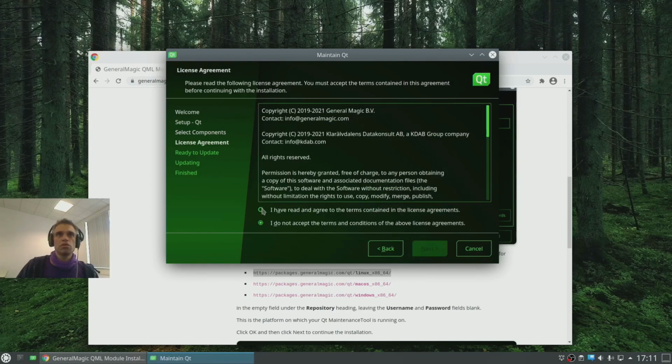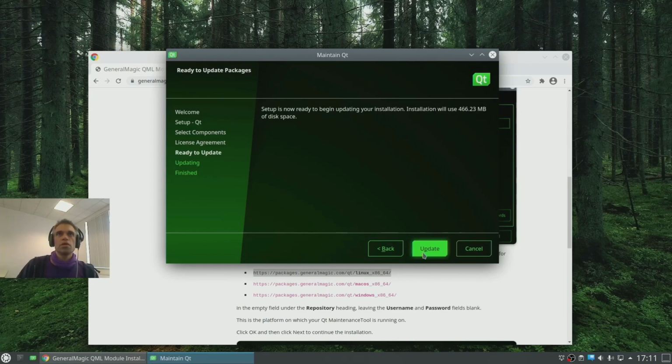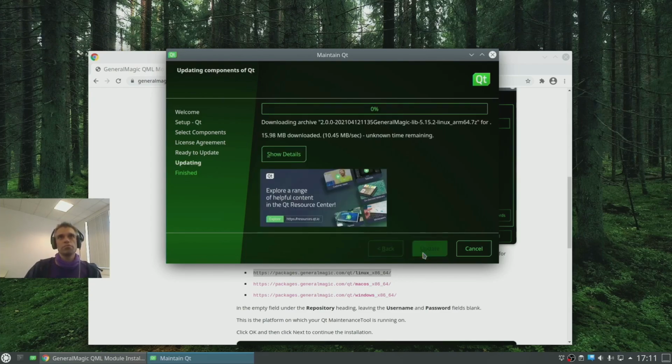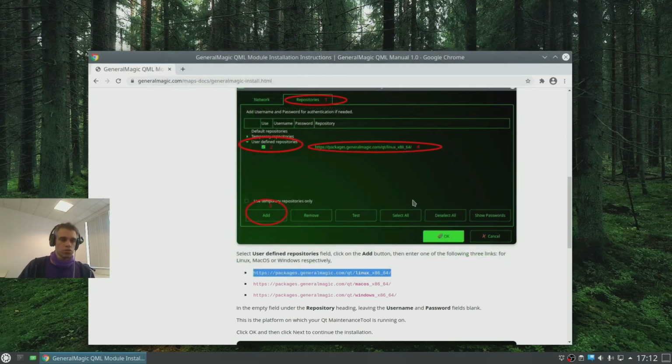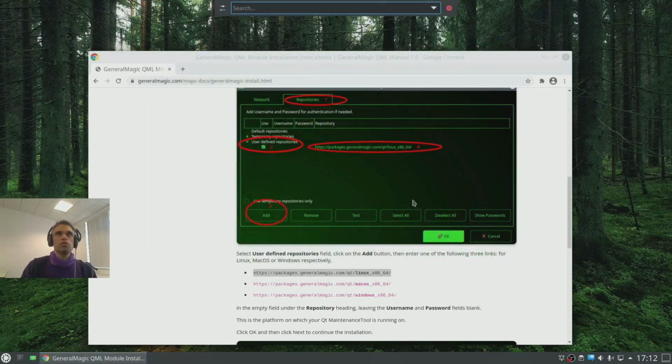Great. Next, we agree to the license. And now its setup is ready. Update. Now, while the QML plugin is downloading, it is also installing the documentation and the examples. And the documentation will be visible inside the Qt Creator. We have a context help, so we can press F1 on any type, and we see the help. Great. It's installed. So now we can start the Qt Creator and start developing.